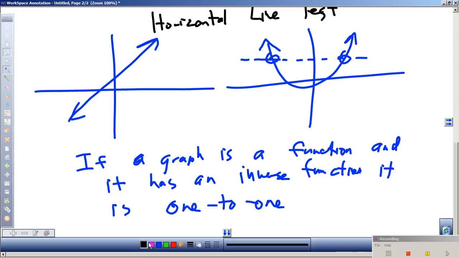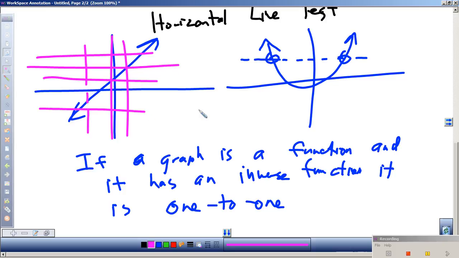So if we look at this one, each x, because we can draw a vertical line anywhere, has one y, because it only touches one, and each y, so if I go horizontally, each y has exactly one x. So one x goes to one y, and one y goes to one x. That's why I call it 1 to 1. Now, this one, each x goes to exactly one y, but each y does not go to one x,